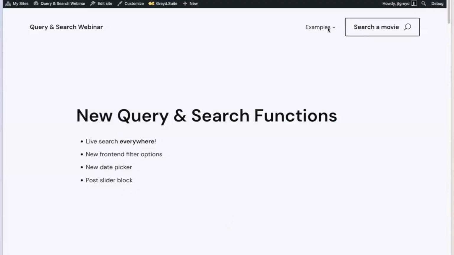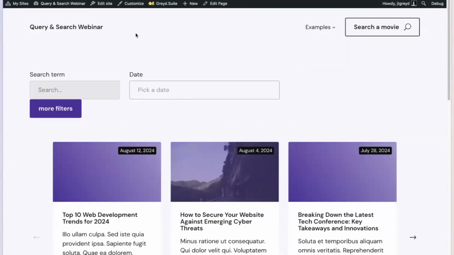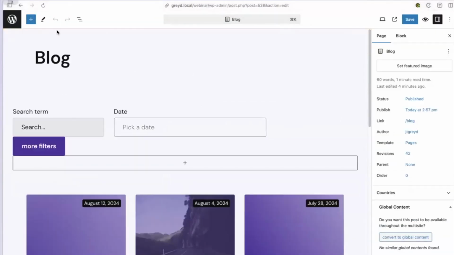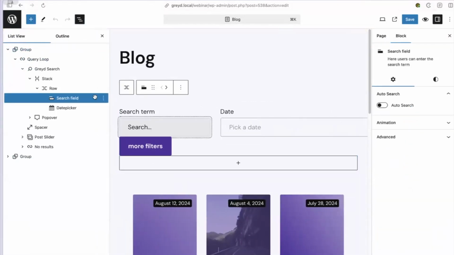So a carousel, what is the difference, for everybody to understand, and to make sure that I understand your question correctly. The difference between a query loop slider block and a carousel is pretty much, actually, let me share it to make sure that everybody understands it. So let's go back to that blog page that I now messed up pretty bad. I need to get rid of this zoom bar. No worries.